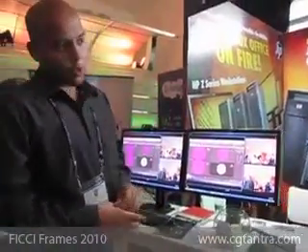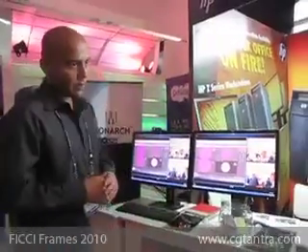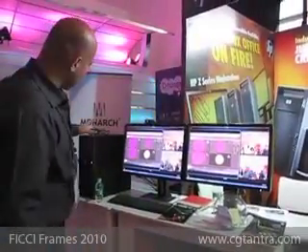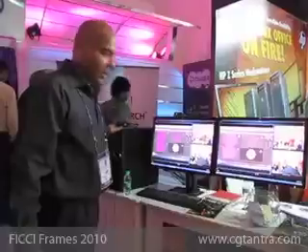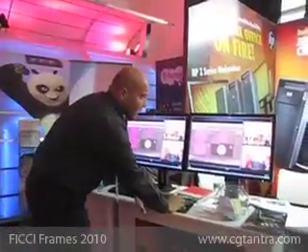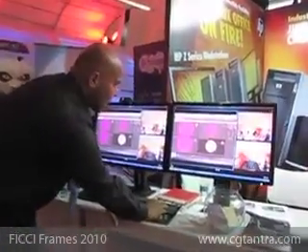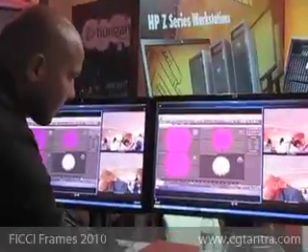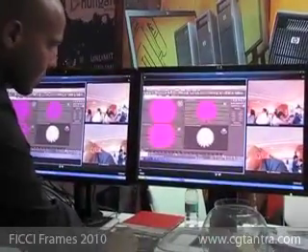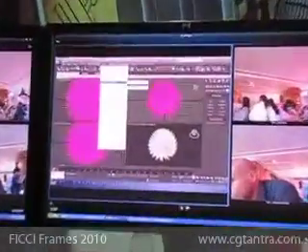Now you will just notice that on the main machine we have Max loaded. On this machine we don't have any application loaded, but we are still able to take control of that machine and work on this particular application.